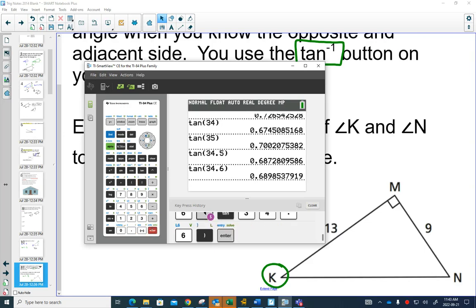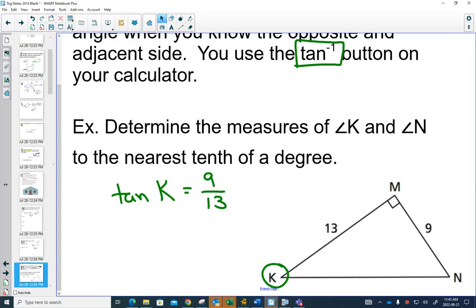34.6. Ooh. Okay, so we could keep going until we get closer and closer and closer. But what we're doing right now is we're guessing and checking. What your calculator says, if it has it memorized, shouldn't it have it memorized to go backwards? Just like your calculator has it memorized that